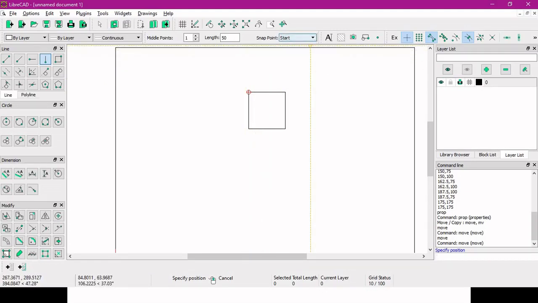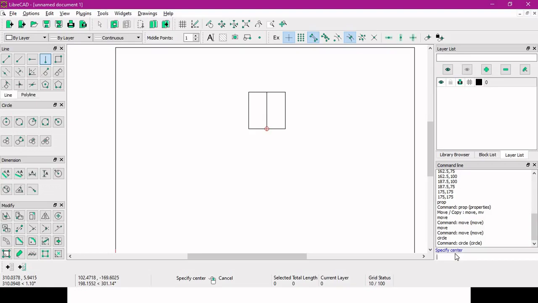Here we'll go for starting point. Now we'll find the midpoint of this line. So here we put that line. Okay, so this line is now passing through the center point of the circle. Now you will use the circle command. So let's put the circle command.